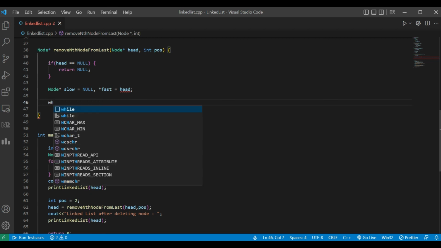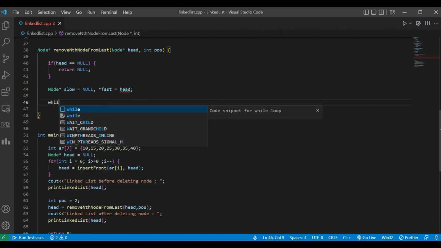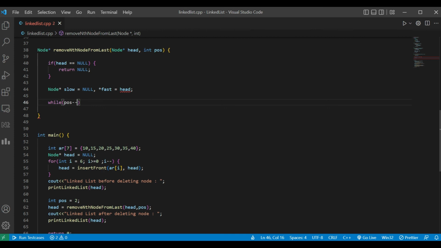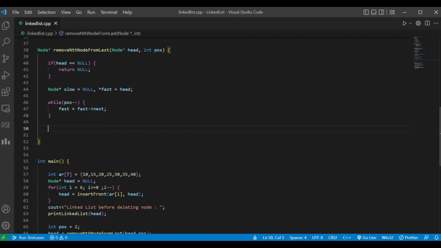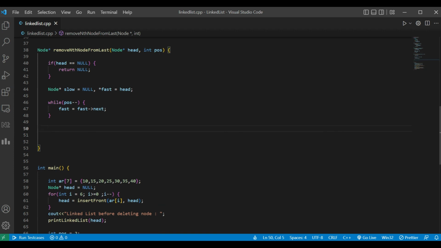Now we'll start iterating while position--. We'll move our fast pointer, fast equals fast->next. As we discussed earlier, we have to maintain an n-node difference between the slow pointer and the fast pointer. After this while loop, we'll assign the slow pointer the head node,